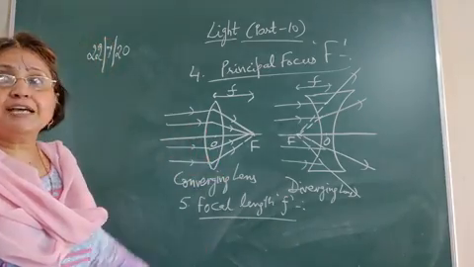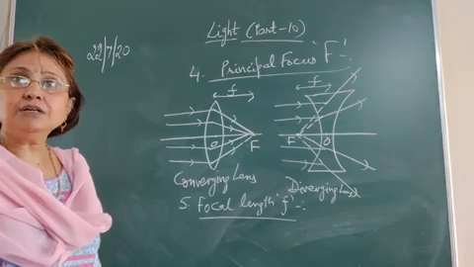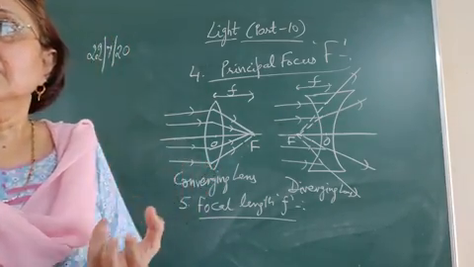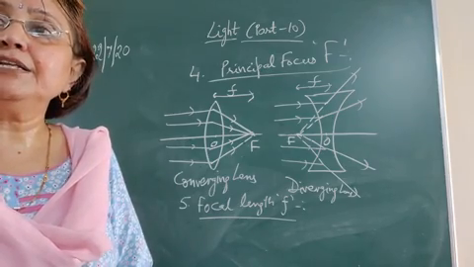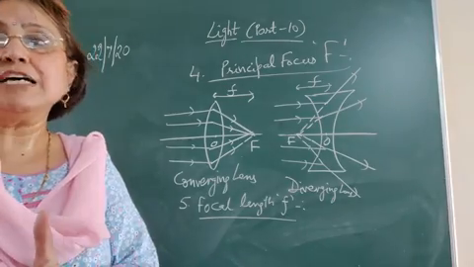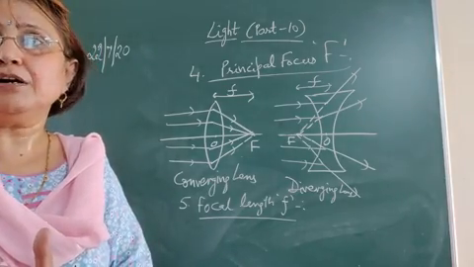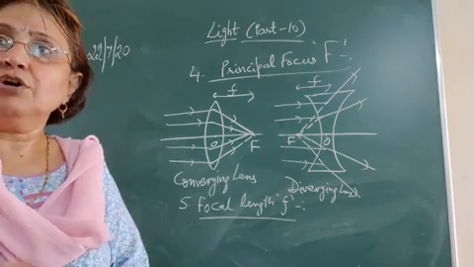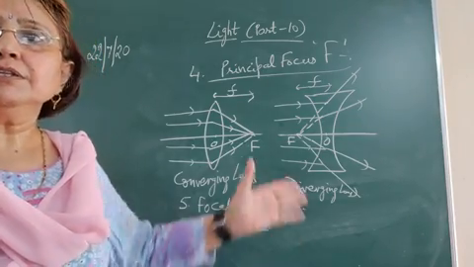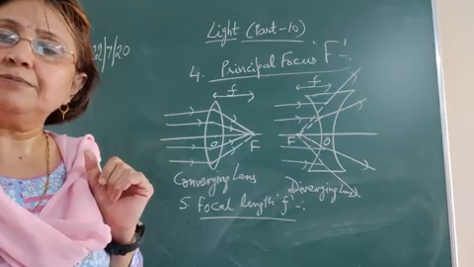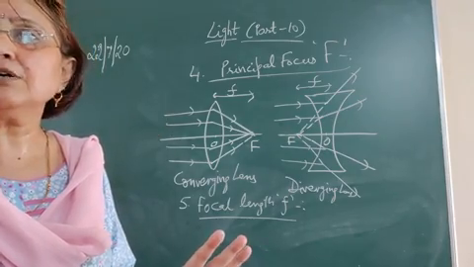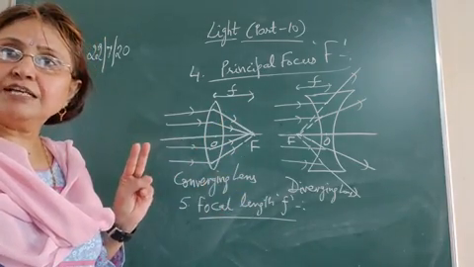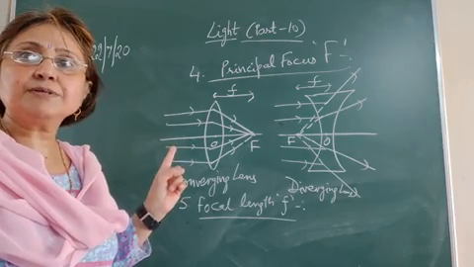So here we have studied the terms related to spherical lenses. What is a spherical lens? It is made up of some transparent material which has two surfaces. One of them should be curved, essentially. But if both are curved, then we call it a double convex or double concave lens, or simply a convex or concave lens. So both the surfaces are curved. Two types of lenses, the convex lens and the concave lens.